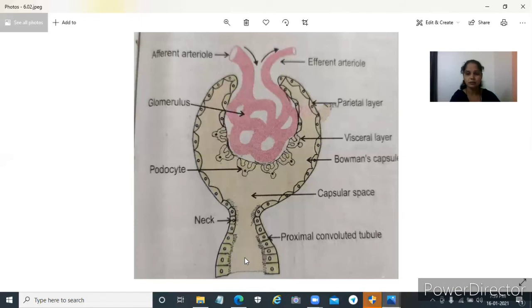So there is glucose, now some kinds of proteins, sodium, Na plus ion, Cl minus, phosphate, those are essential, they are reabsorbed again. So main function is the selective reabsorption. While it is a convoluted tubule, means it is a coiled structure, so the filtrate goes toward the other part in a slow manner. So in this proximal part, the filtrate moves very slowly.